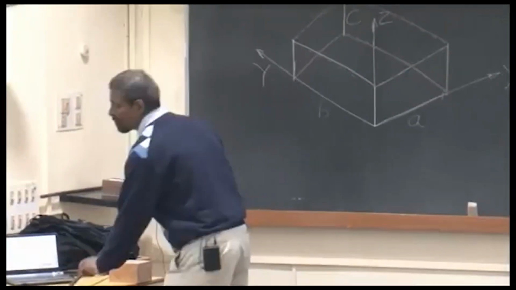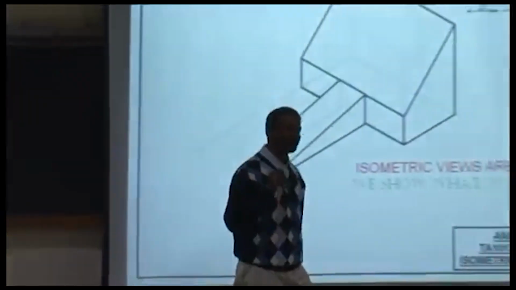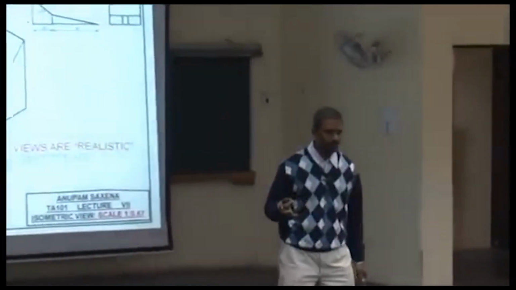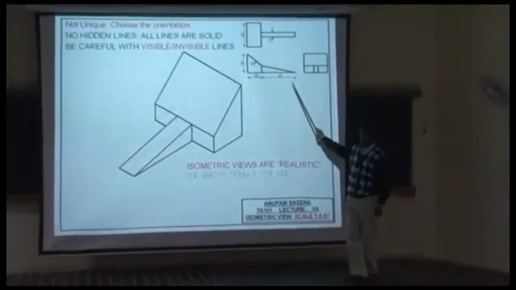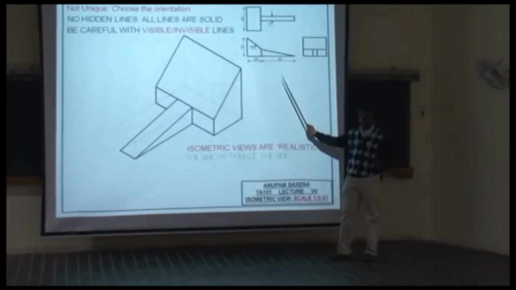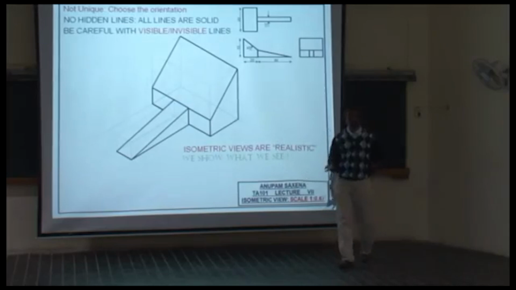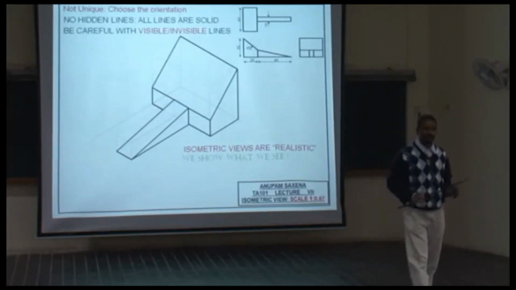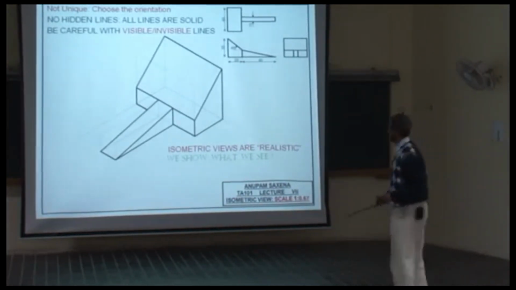So you draw an isometric view with the help of orthographic views, right? But you don't have to strictly adhere to which is the left view, which is the right view, which is the front view, which is the top view. Those three views are to give you an idea of how the object is going to look. Once you get the idea, you can choose the orientation of the object the way you want to show as many features as possible in solid lines. For example,